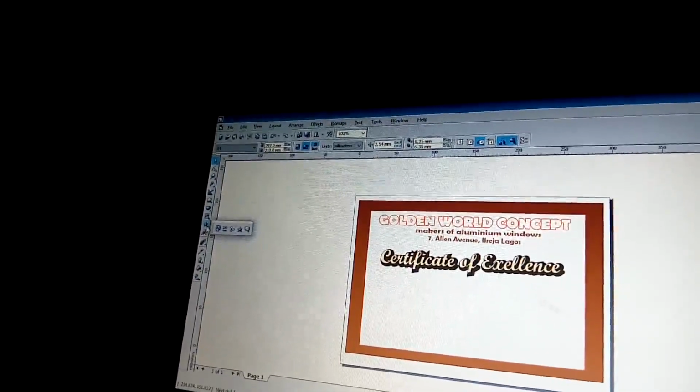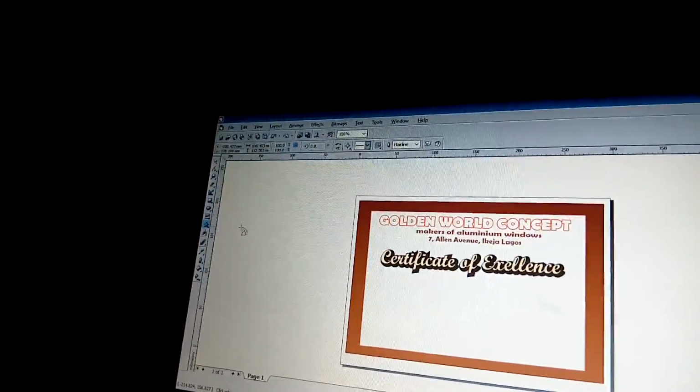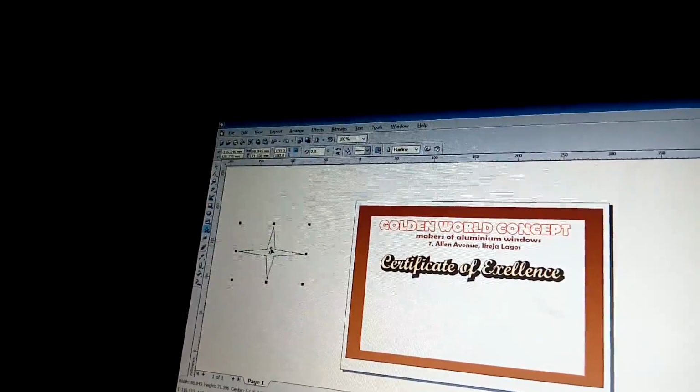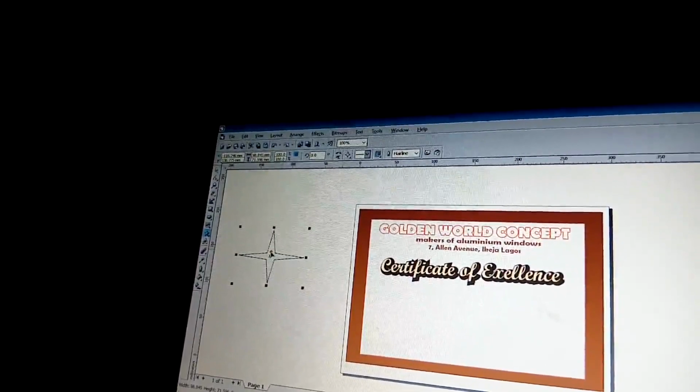What I need to do is come to this place and select the star shape. Once I select the star shape, I draw. Once I draw, I come to this red button here to adjust the number of stars. Once I do that, I extend it again,